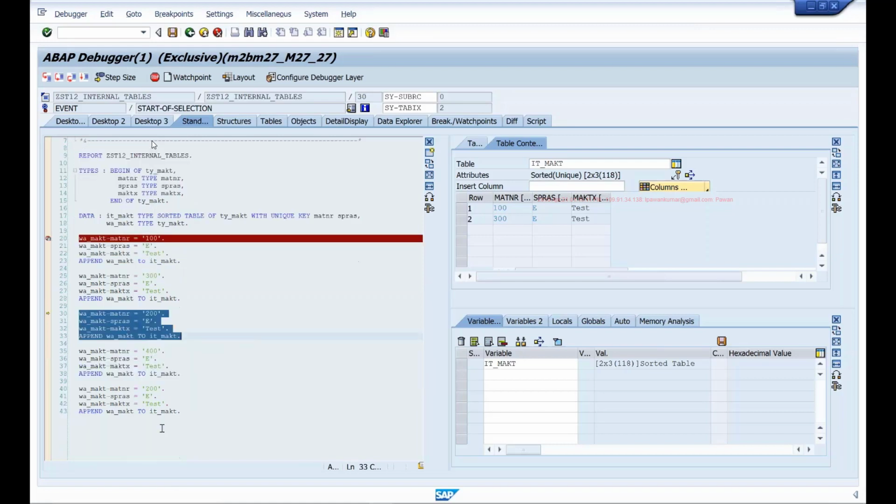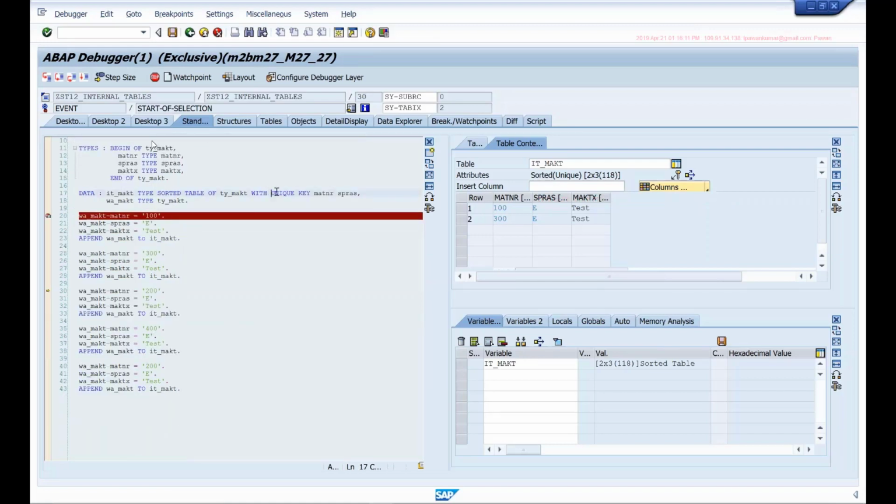And another conflict that you'll notice is, since we've defined this as a unique key, if I force the system to add a record which already exists in the table, there is another conflict, right? So whenever there is a conflict, the append statement won't work. It will give a runtime error. Okay, if I execute this append statement now, I should get a runtime error